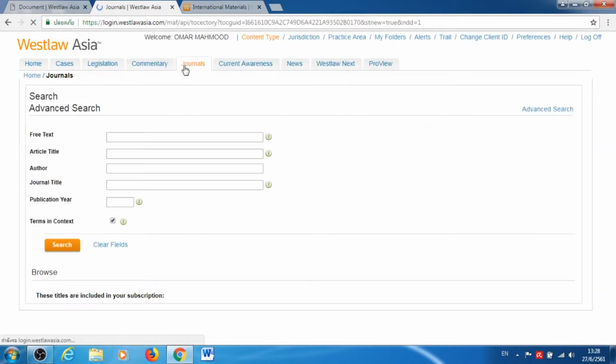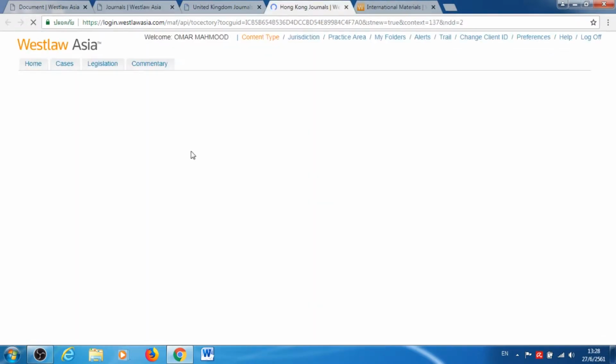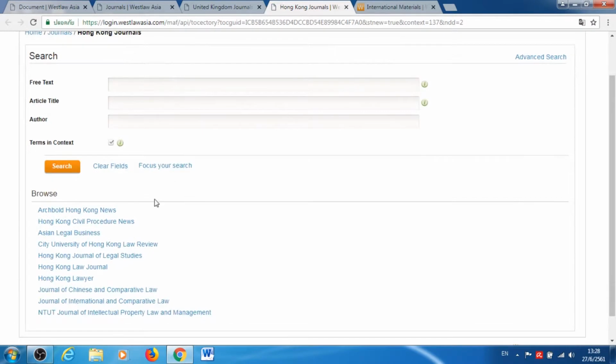Next, I'm going to move on to journals. Now, in journals, you will have access to full-text journals, and we'll also have legal abstracts, which will just give you a summary of the articles. But how you can tell, for example, so if I say I want to search the Hong Kong Law Journal,